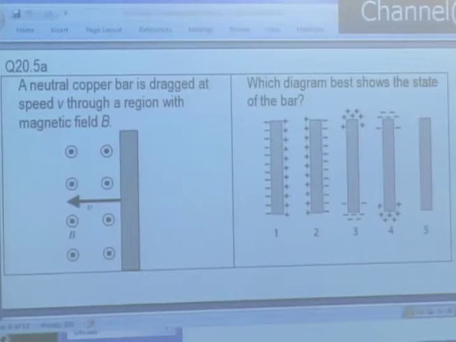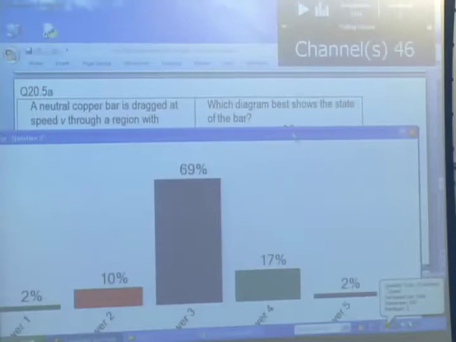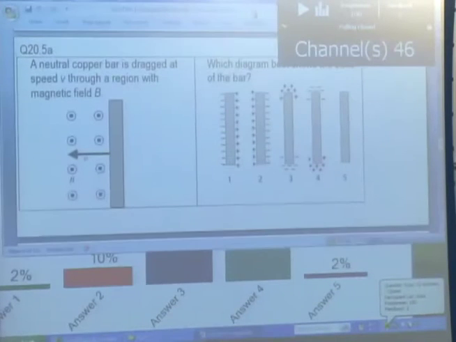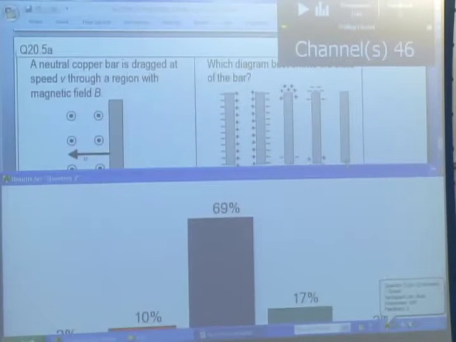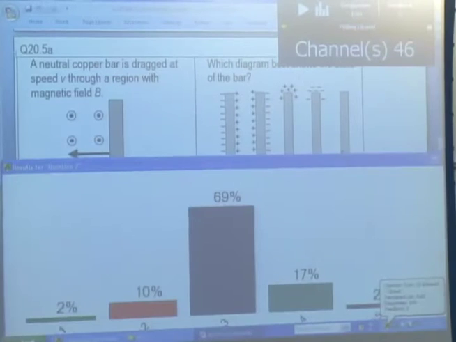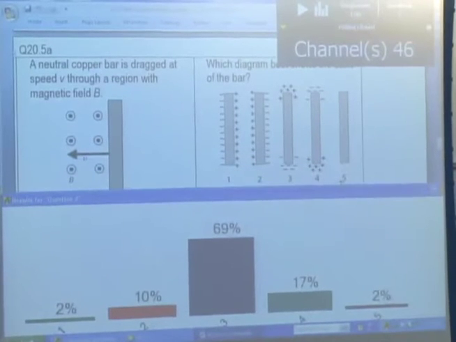Think about the mobile charges inside the bar. They are moving with the bar, along with the entire bar, right? So think about what would happen to them in the presence of this magnetic field. Okay, we have a pretty sizable majority saying answer number 3, because if you think about the mobile charges inside the copper,